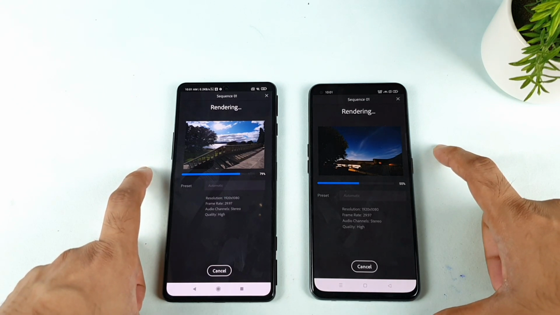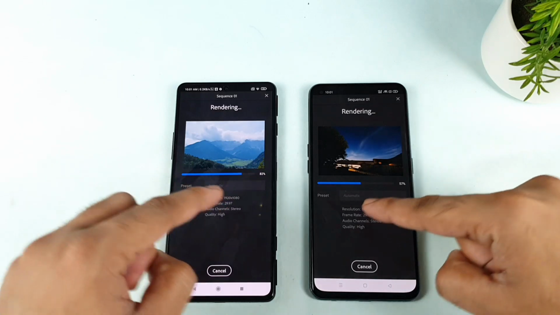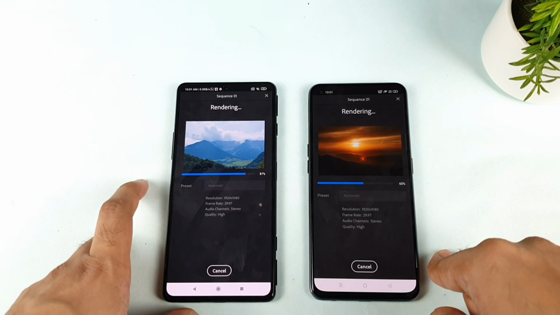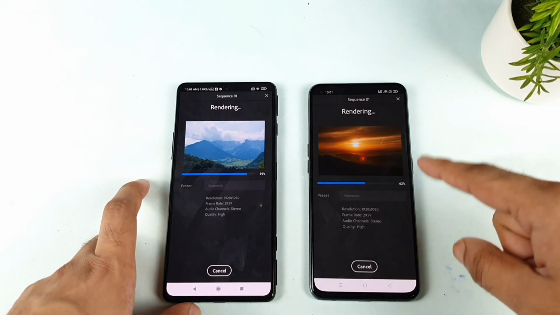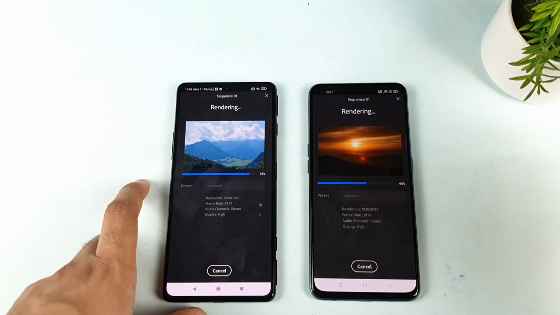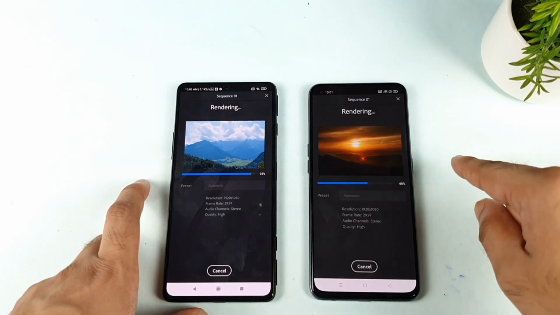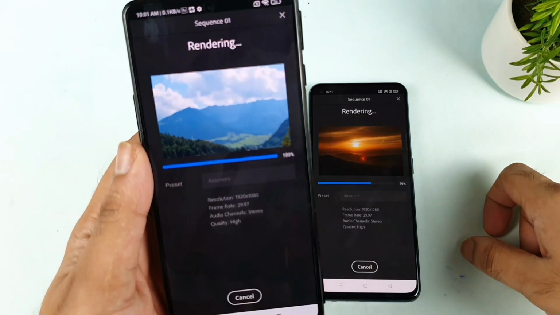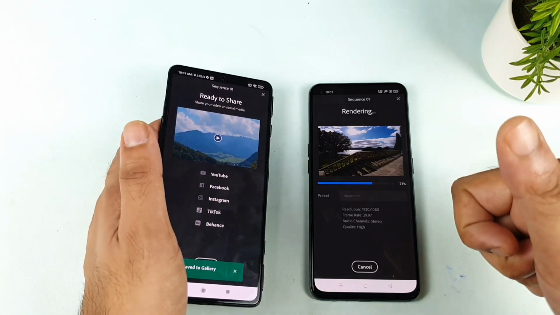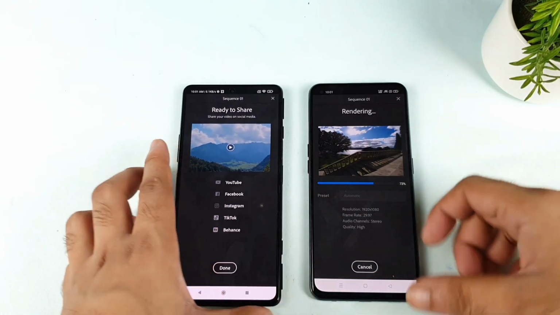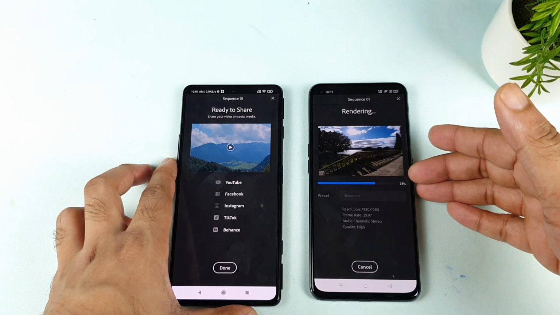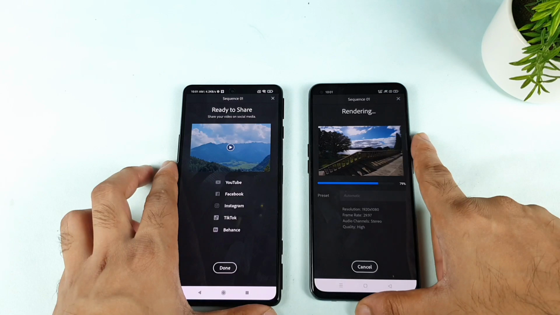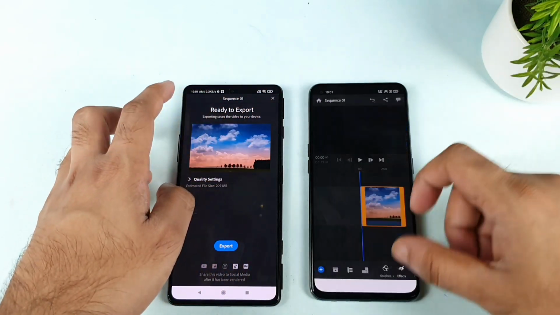A few users asked me this question, can you please compare both phones? And even recently the Realme X1 Max got an update. So this will be a really interesting thing to compare side by side. With high performance mode, this might increase the speed a little bit in the Realme X1 Max. That is what I'm expecting. Right now the Poco F3 GT finished the rendering faster, as you can see clearly. Same video, and rendering finished faster in the Poco F3 GT. There's close to 30% difference, and the Realme X1 Max is still taking some time to render.